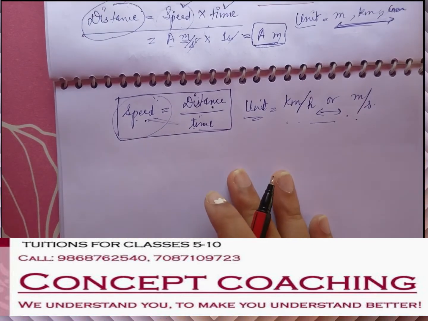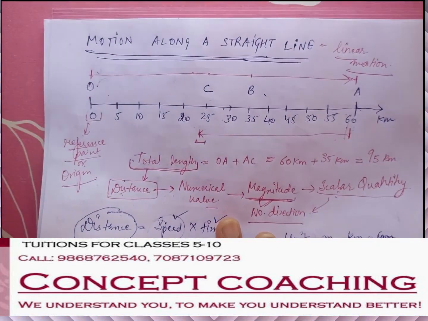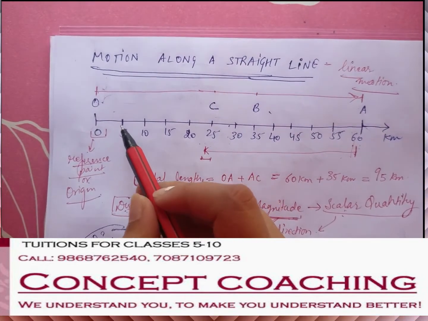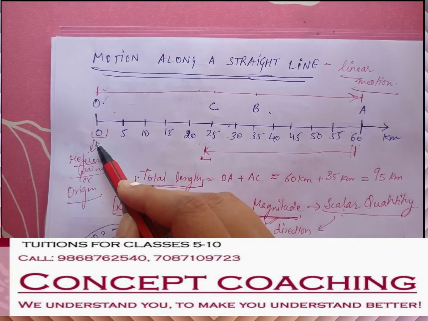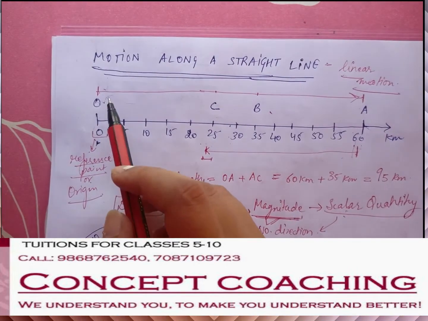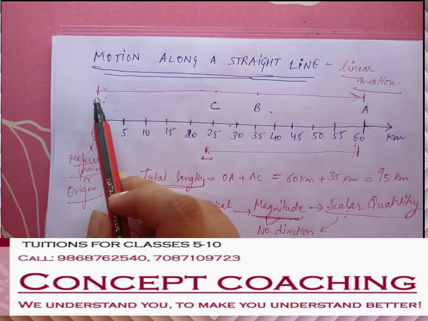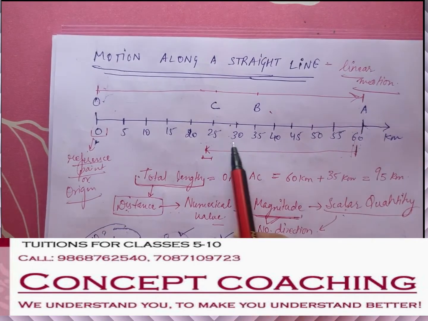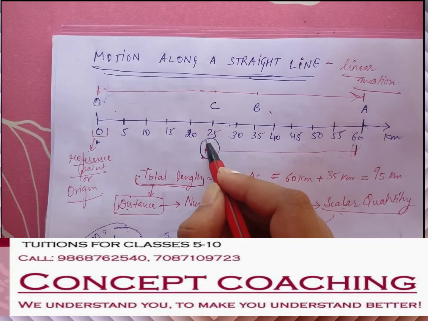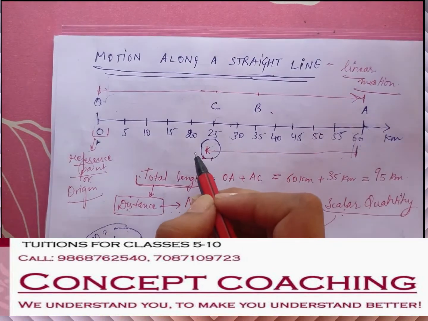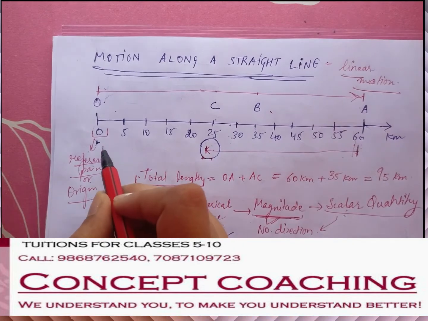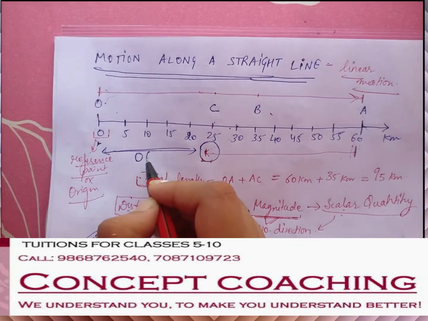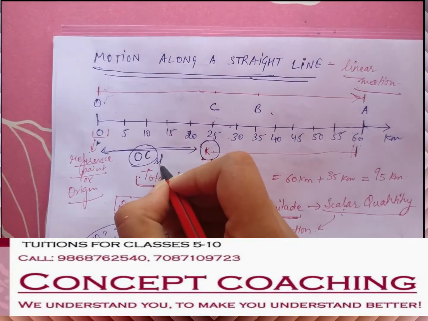Going back to our same example, we saw what distance was. Now let's consider the shortest distance of our object from the point of origin when it reached the final point. We remember that our object moved from point O to point A, and then back from point A to point C. Now our object is at point C. So the shortest distance of our object from the point O would be from the origin to the point C, that is OC. OC is the shortest distance.